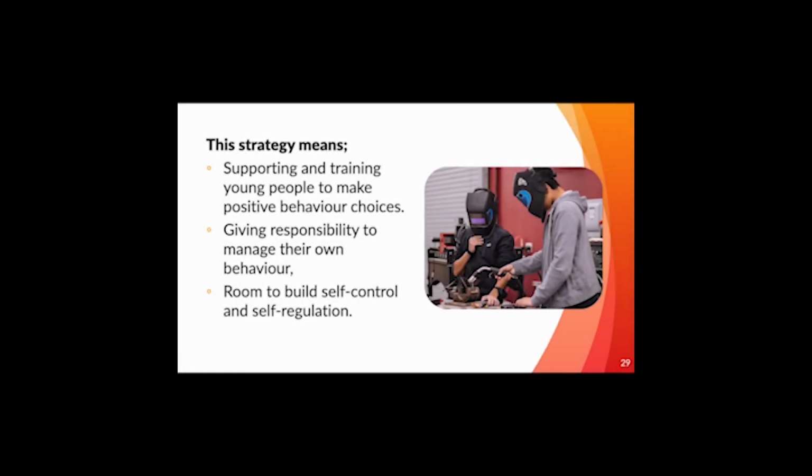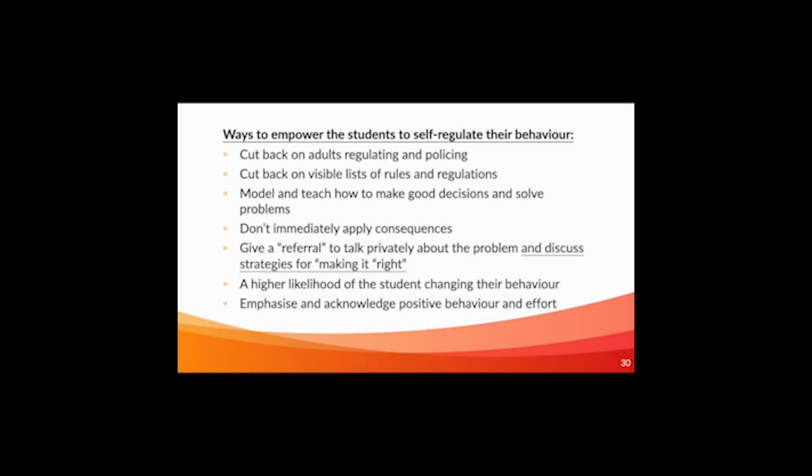This strategy means that you're supporting and training young people to make positive choices. You give them responsibility to manage their own behaviour as much as possible, and there's room to build self-control and self-regulation. Ways to empower students to self-regulate their own behaviour is to cut back on adults regulating and policing, cut back on visible signs of rules and regulations, model and teach how to make good decisions and solve problems,